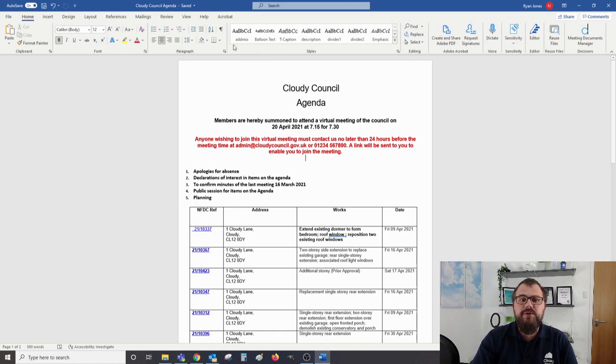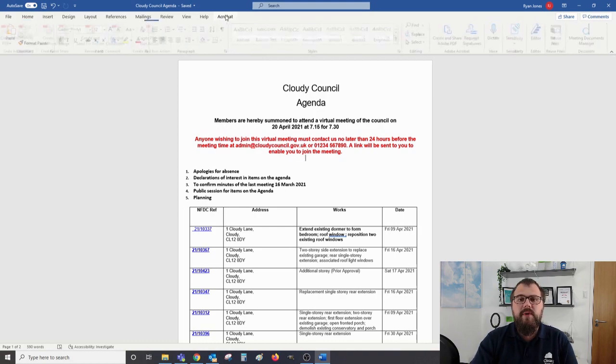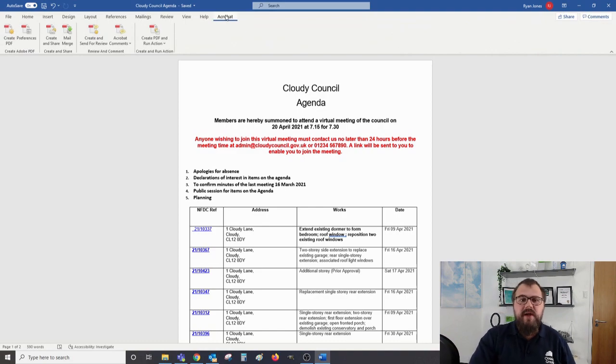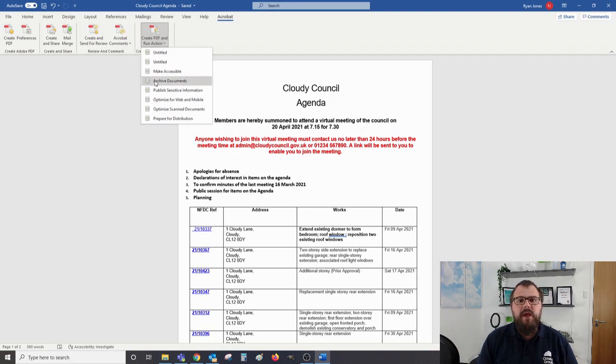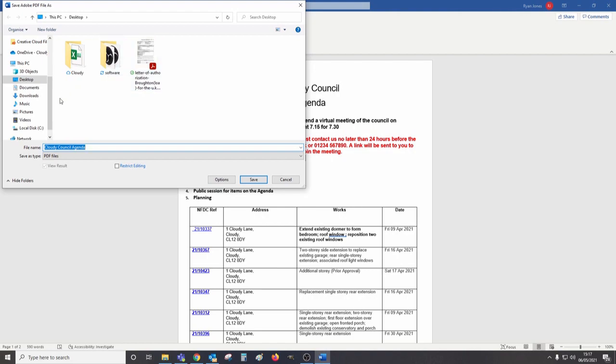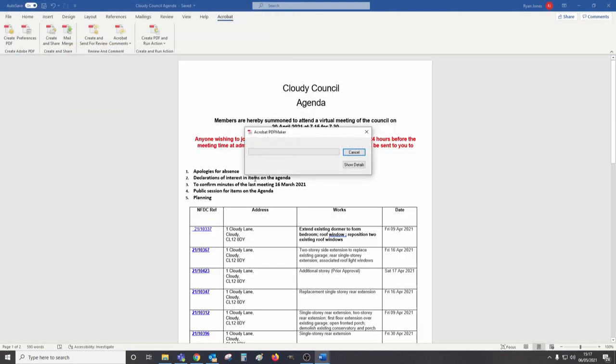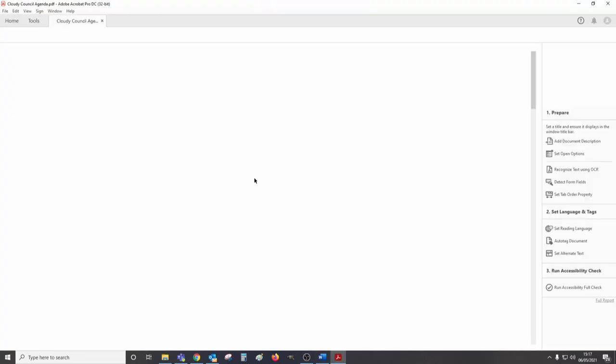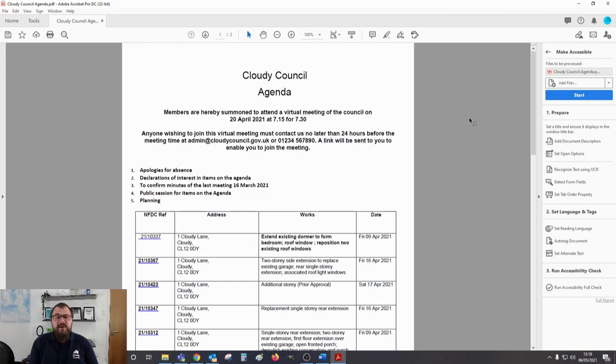Once you have Adobe installed, within Word you will now see the Acrobat tab. Click on the Acrobat tab, and then we want to click on Create PDF and Run Action. Next, click on Make Accessible and save your document as a PDF. And now you can see on the right hand side we have our accessibility tool. So let's click on Start,